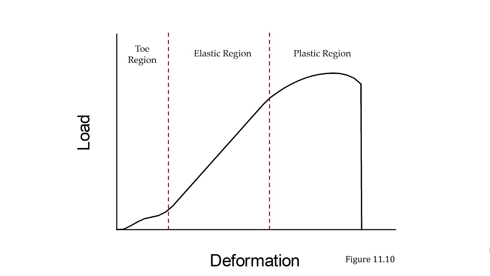When we get into the plastic region, the material is going to start to break apart. If the material starts to break apart, that's going to be referred to as a second-degree injury. Here we're going to have some damage to the material. And then finally, if we get to the point where the material just breaks apart, that would be referred to as a third-degree injury. So that's how we can use the load deformation curve to relate to the severity of